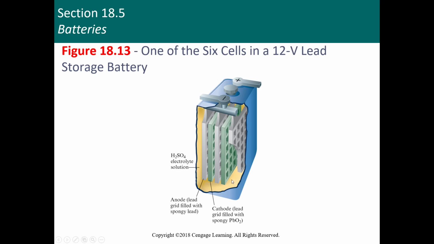Your sulfuric acid here, if you leave this car out under the sun, the water that is dissolving the sulfuric acid will evaporate. And that can leave you with solid sulfuric acid down here, or at least a very, very concentrated slurry down here. And this battery will stop working then. And this is why there's a little cap here. You can unscrew the cap and you can actually pour water in here. Or you may have to take off the top to pour water in, depending on the design. Anyways,